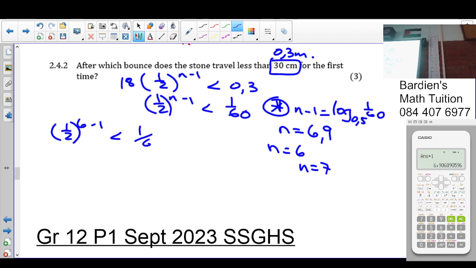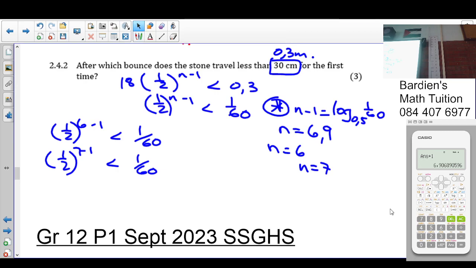Is that less than 1 over 60? And a half to the 7 minus 1, is that less than 1 over 60? So after which bounce does the stone travel less than that? Once you put this in a calculator, you get 0.5 to the exponent 5, which gives you 0.03125, and 1 over 60